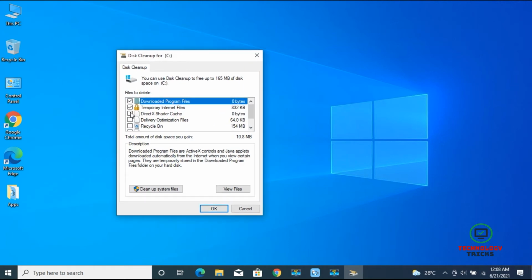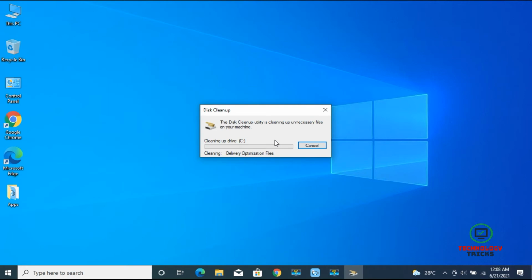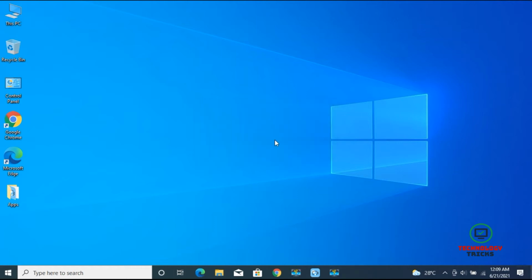I have a lot of files here: downloaded program files, temporary internet files, recycle bin, delivery optimization files, temporary files. So just select all. Just click OK and press delete files. And don't worry, this is not going to have any impact on your system. With this process you can do the same with other drives as well.